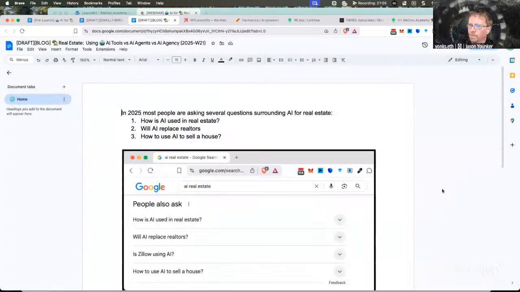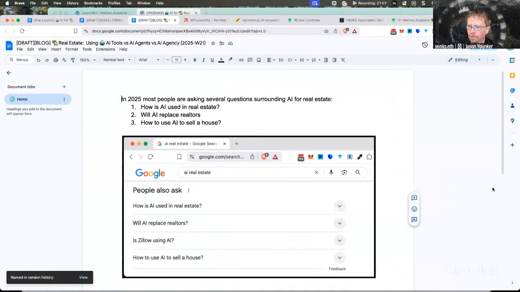So this is something that I did, a very simple Google search, AI real estate. And then I put in this screenshot here because this is some valuable information, because we know how much information Google has. People also ask, how is AI used in real estate? Which I put here as a question that we should answer within this blog post. Will AI replace realtors? And another question, is Zillow using AI?